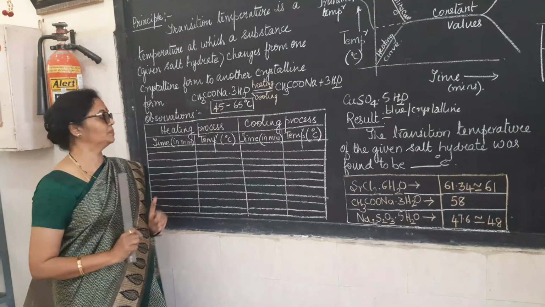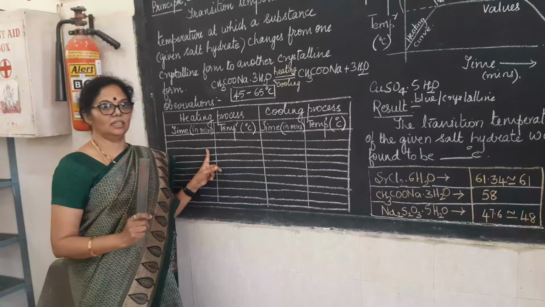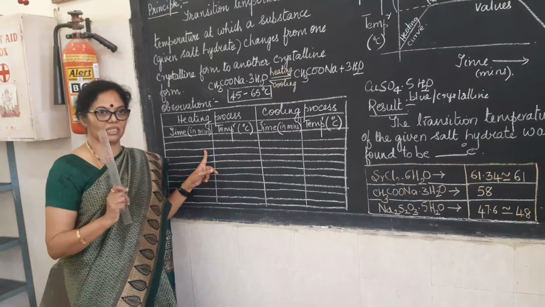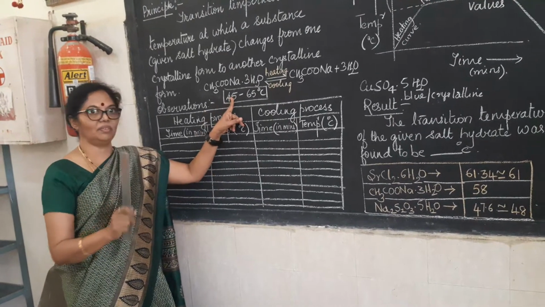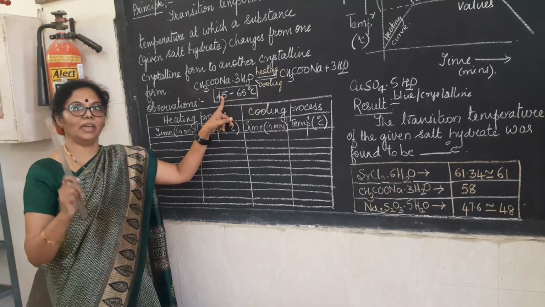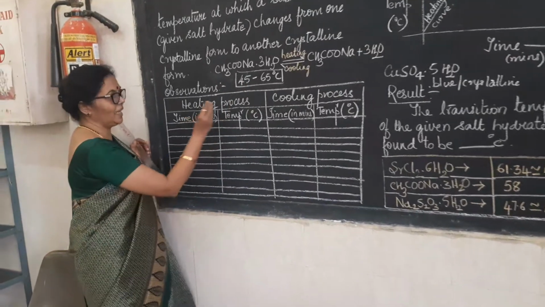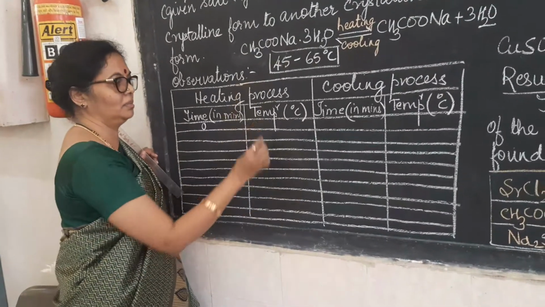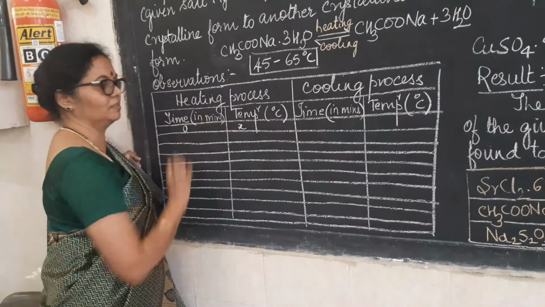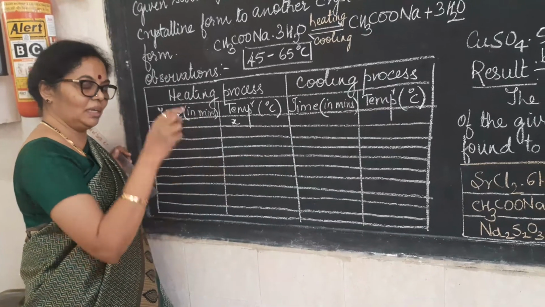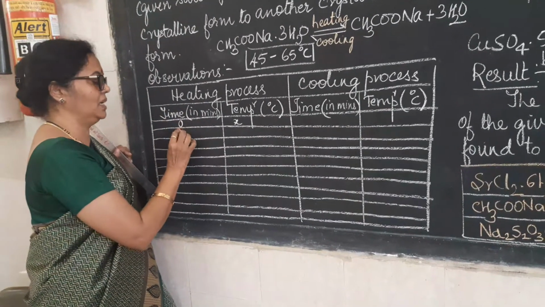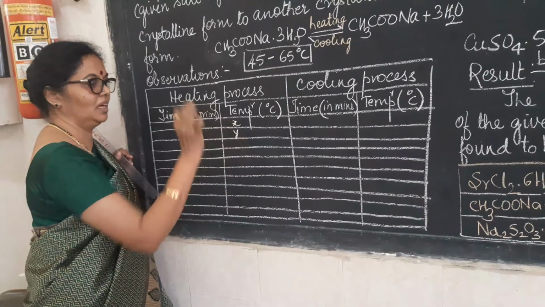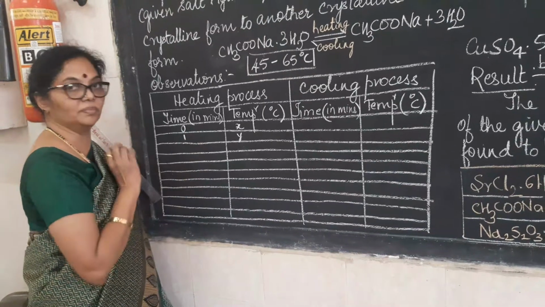Now what I mean is, you start heating, the contents will be getting heated up, the temperature keeps rising. Until it reaches 45, we will not record the temperature. When it reaches 45, we will take the time to be 0 and whatever temperature you record on the thermometer, we put it down here. Then we keep on stirring. At the first minute, again we record the temperature and we put it down as Y, and this goes on.